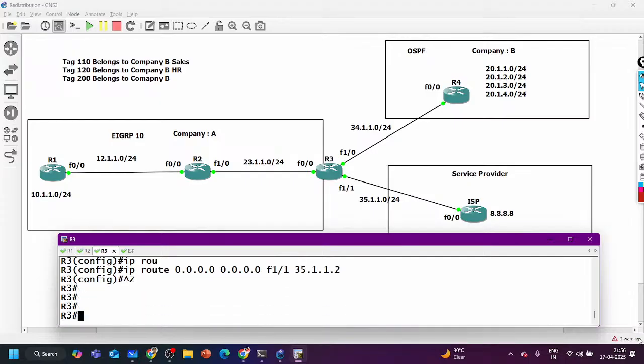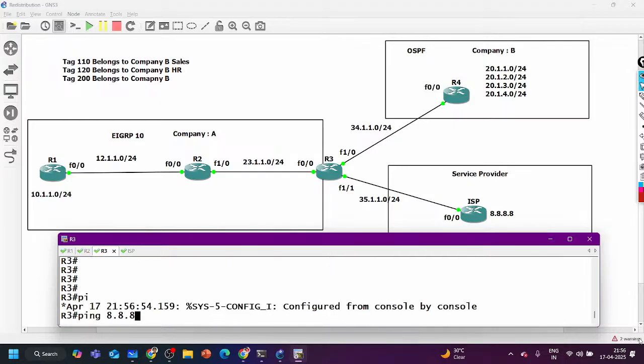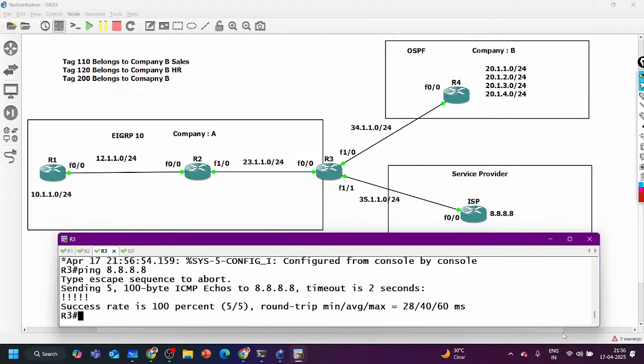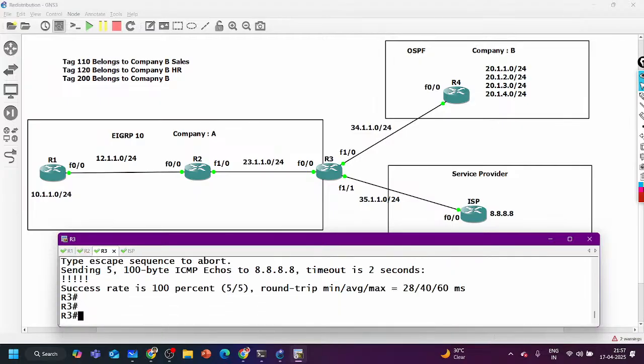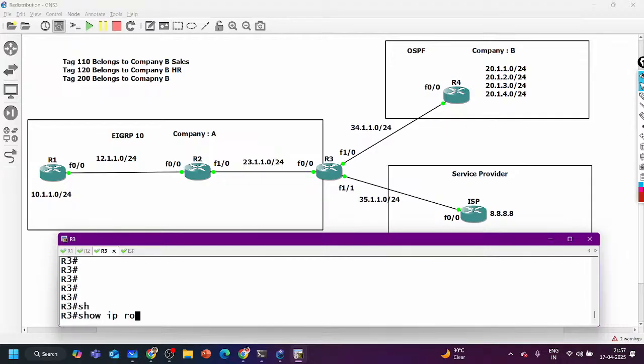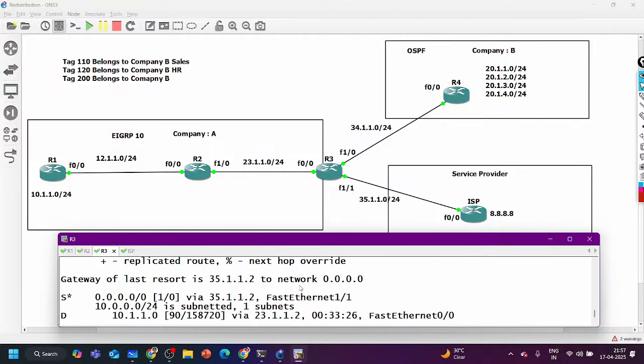That's it. Now I can ping 8.8.8.8, and you can see yes, ping is working. Right now I'm able to access the internet because here I have one default route. Gateway of last resort is now set to 35.1.1.2. If router 3 receives any traffic and the destination is unknown, it will forward to the ISP at 35.1.1.2. There is one default route towards the ISP.